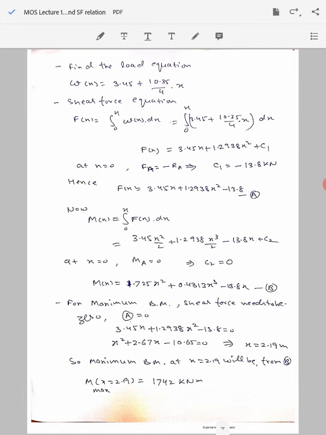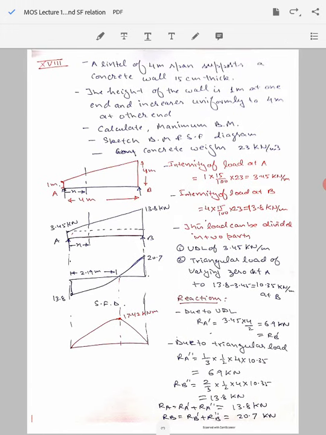Next thing is to find the load equation. So how the load is varying, because using the load equation we can find the shear force value. We have already derived that dF by dx is equal to small w, and F is equal to integration of w dx from 0 to x. So if we find the equation for the loading, we can find the value of shear force using that equation.